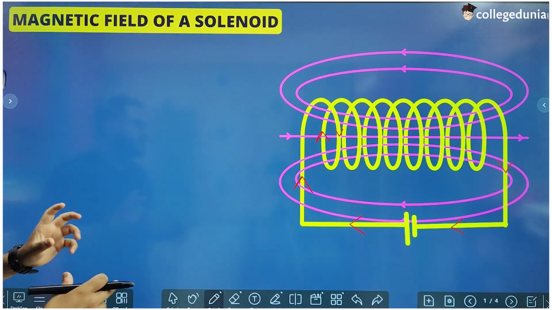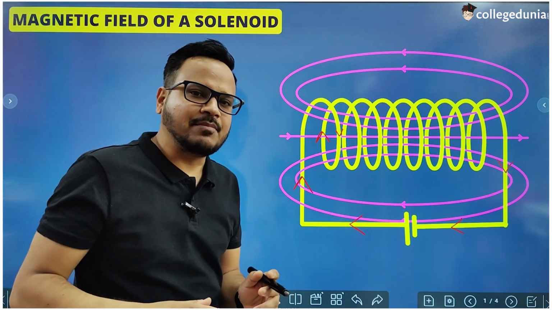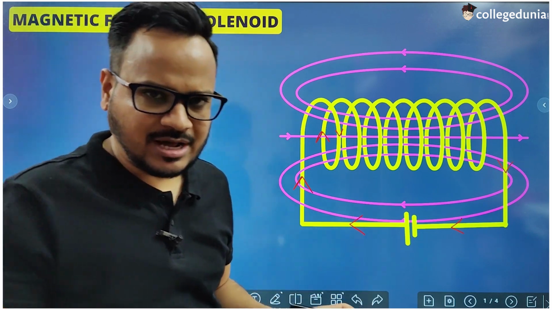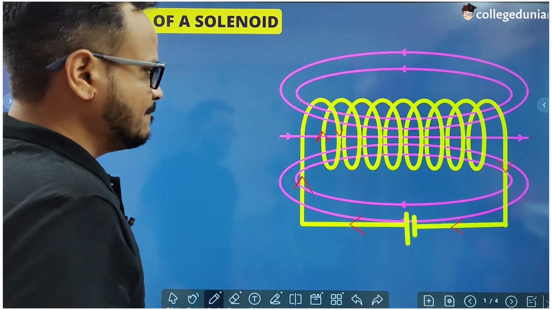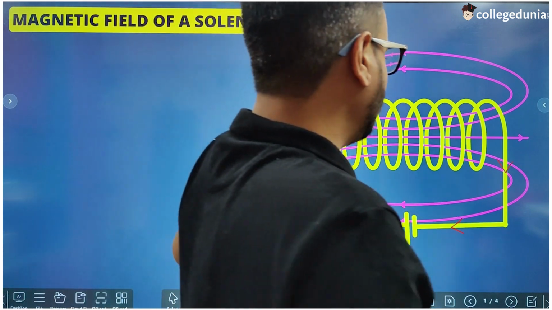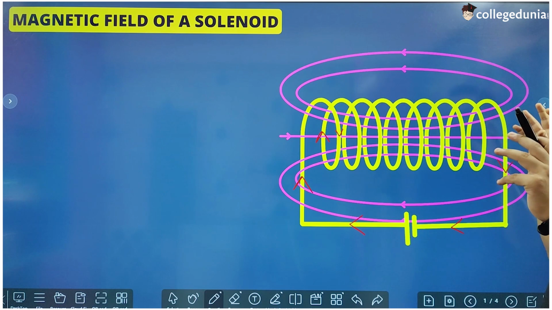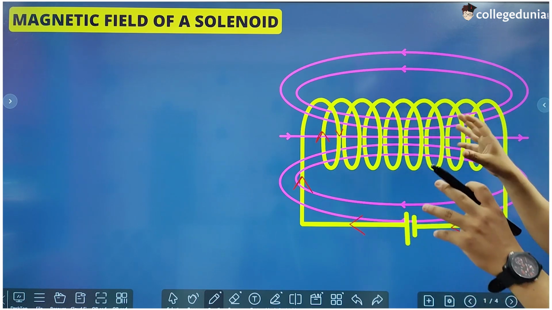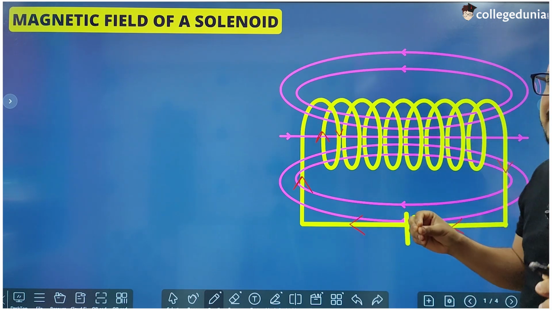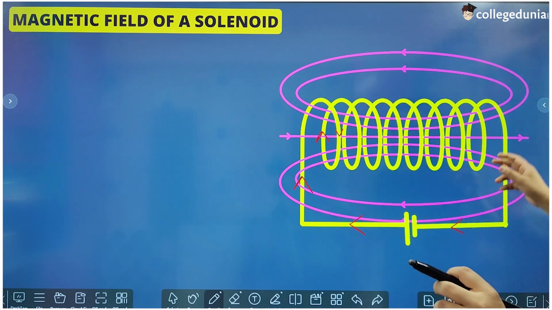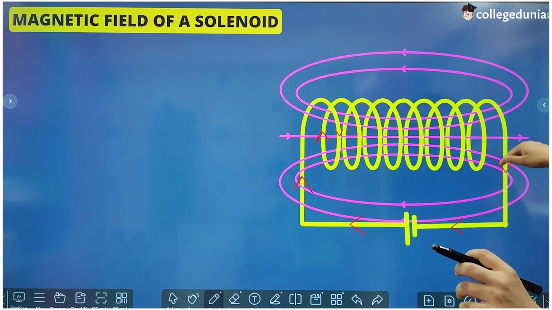And this is exactly like the bar magnet, because one end of the bar magnet is south pole and the second end of the bar magnet is north pole. And due to the formation of this north and south, the pattern of magnetic field lines of a solenoid is exactly the same as that of a bar magnet. This was our north pole, right?